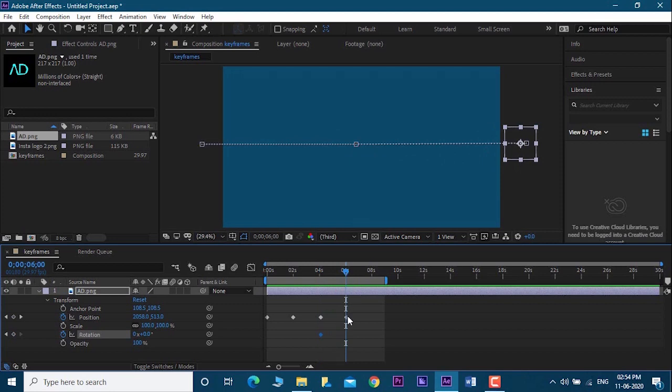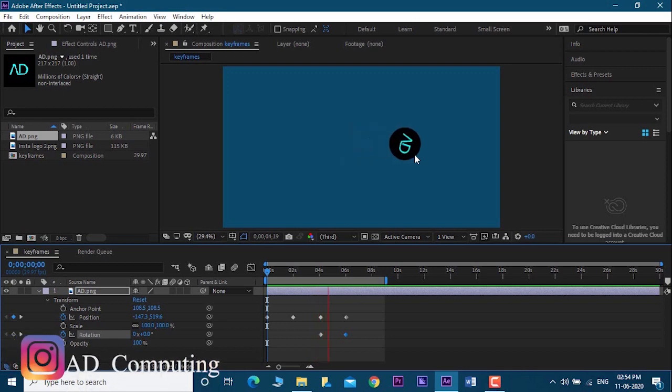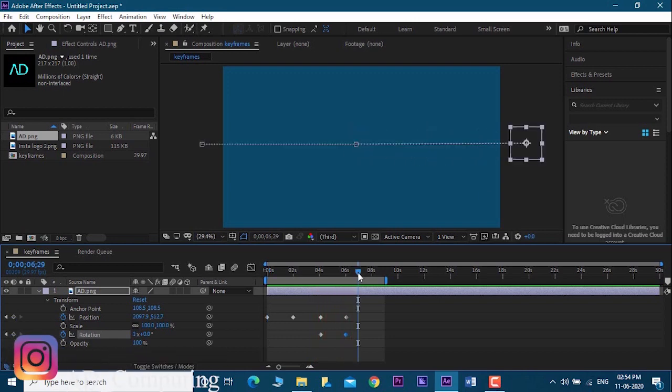I have placed it at 6 seconds, like this. Now I want to rotate it some, so we will simply put in the rotation value. I will put 1 rotation. So you can see one keyframe is added. Now the animation looks like it comes, stops, goes with rotation. So in this way you can add a keyframe.